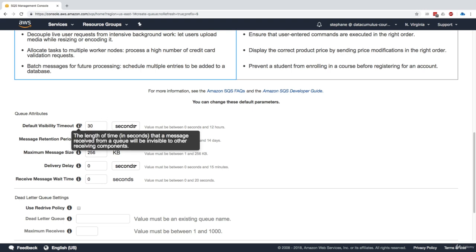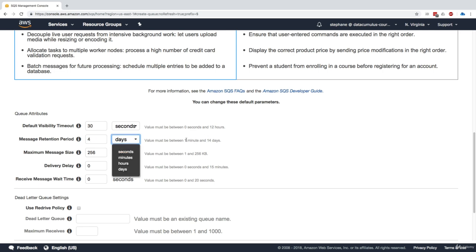So we have the default visibility timeout, and to remind you, this is how long we have to process and delete that message before other consumers can see it. We'll leave it at 30 seconds, which is the default. We have the message retention period, which is 4 days by default, but we can set it between 1 minute and 14 days.